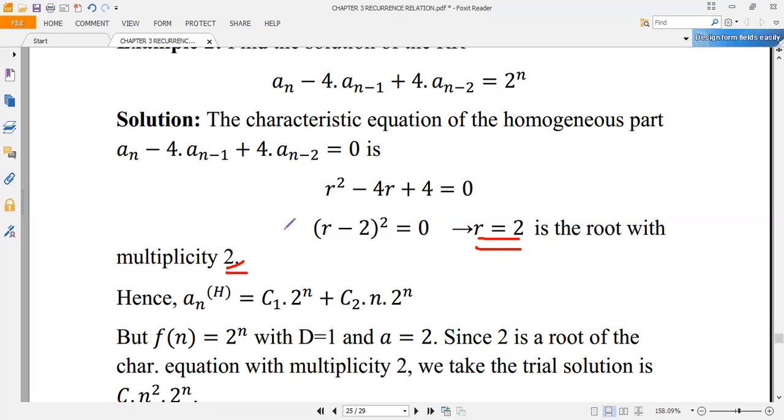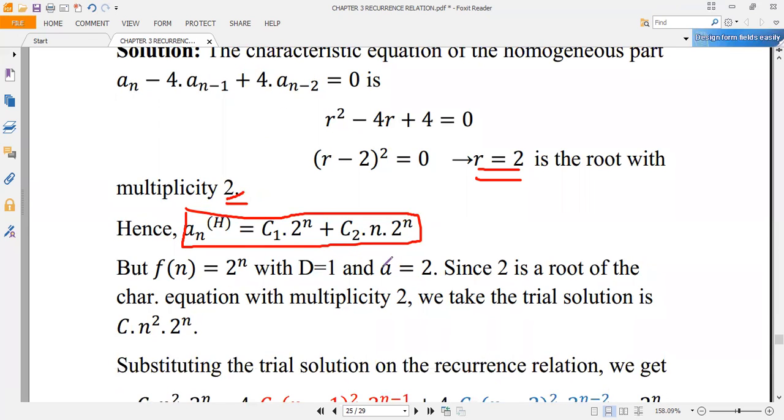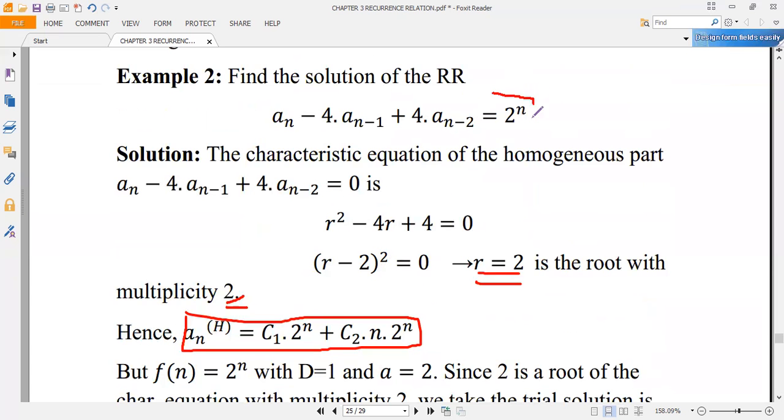Since the root of the characteristic equation is repeated, the solution to the homogeneous part is given by C1 times 2 to the power of n plus C2 times n times 2 to the power of n. Now to find the solution to the non-homogeneous part, you can see that